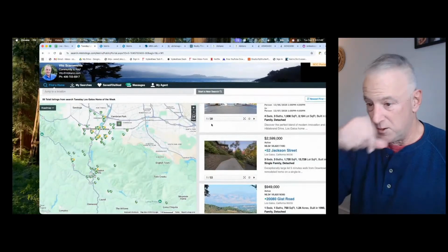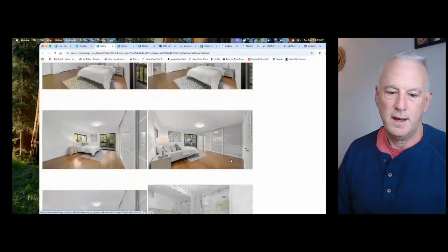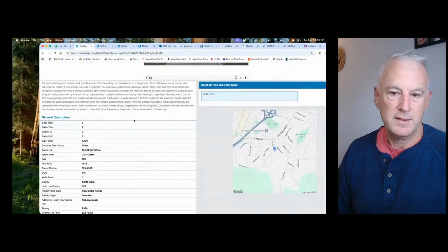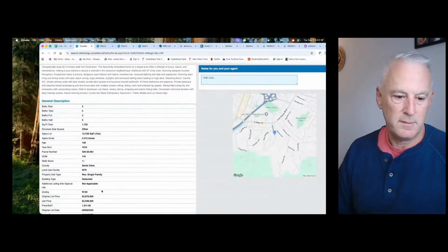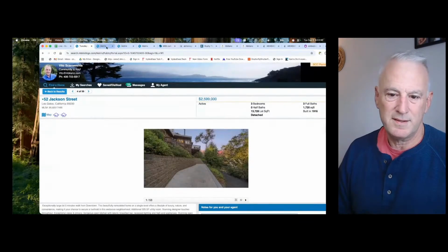Yep, Los Gatos House of the Week. Los Gatos House of the Week is Jackson Street. It's nicely updated. I think this one's going to be a bit to sell. Let's see how many days on market. 116 days on market. Has the price come down? Yeah, just a little bit. Went from 2.9 to 2.6. It's 1,700 square feet. There's nothing fantastic about